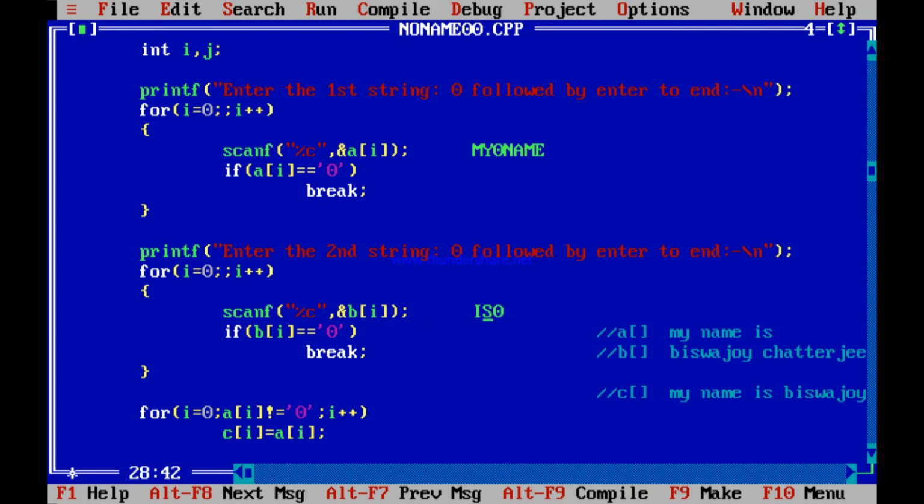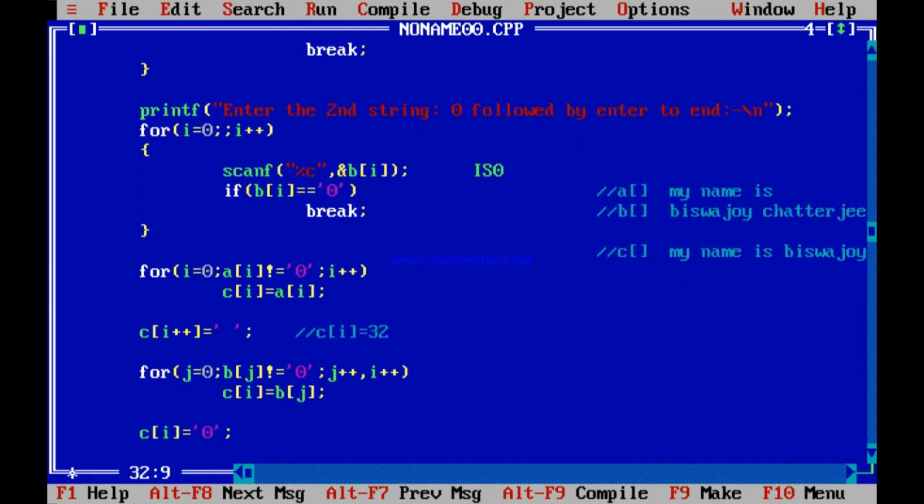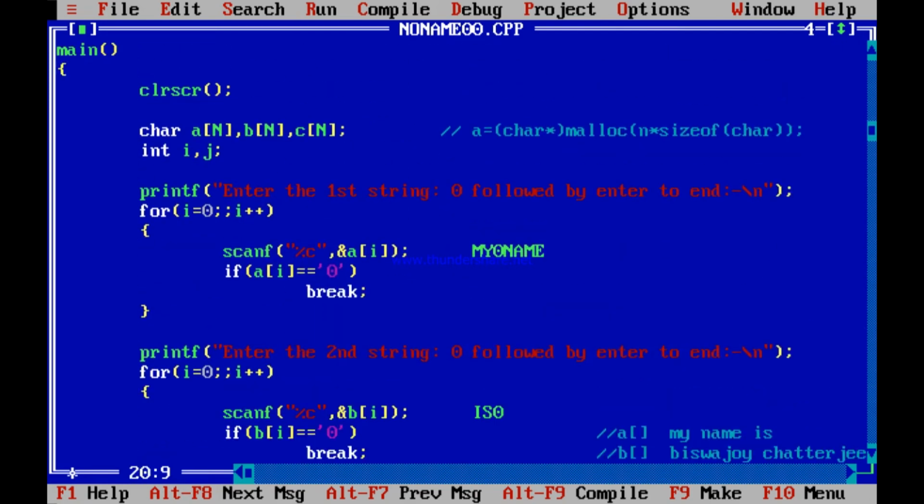Then you have entered this 0. So it scans this 0. It gets this 0, breaks out. But don't you forget, after this you have pressed an enter. So this enter is there in the buffer. So next time when you scan, what will happen? From the buffer, if you scan, that enter will be scanned first. Till now you did not notice this ever before, because whatever you entered was there in the buffer. You did not scan a second string, so your buffer was never scanned inside.